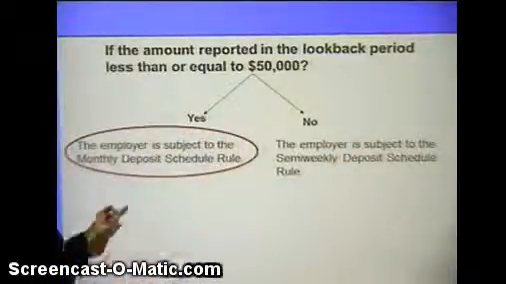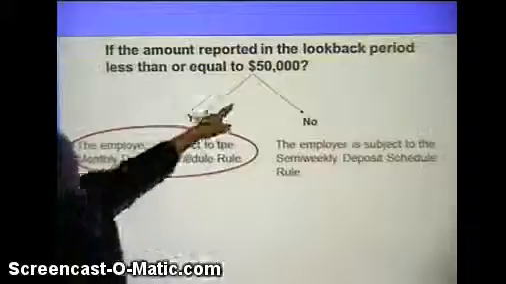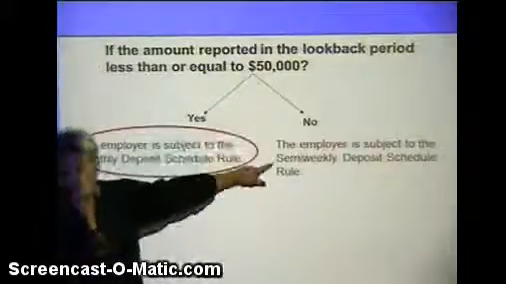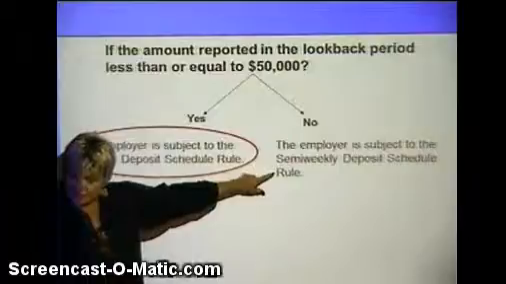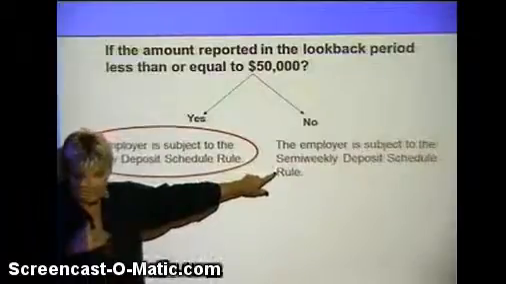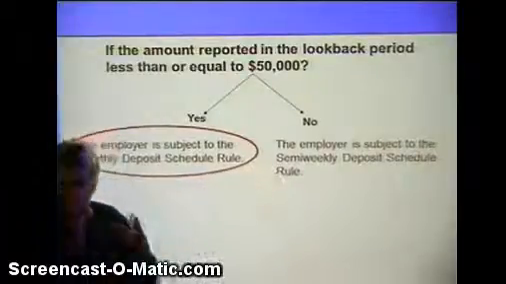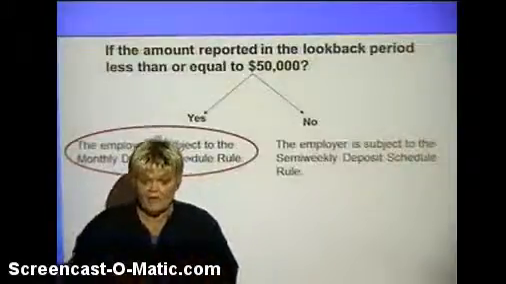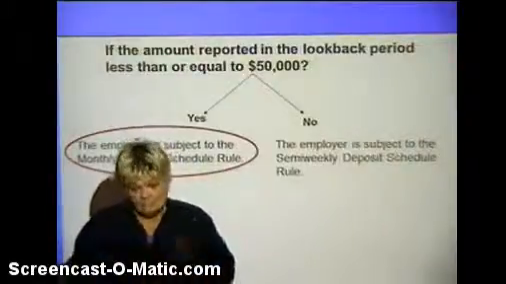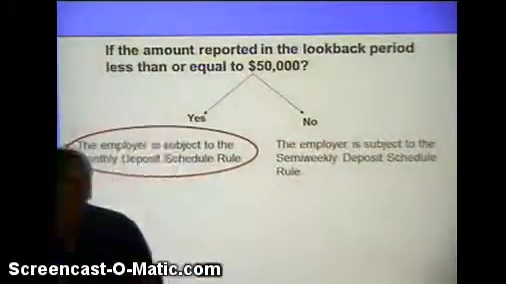So if it's more than $50,000, guess what? They're going to have to pay it every other week instead of monthly. So the higher the amount that we've withheld, the more often they require the payment. Okay, so that's just